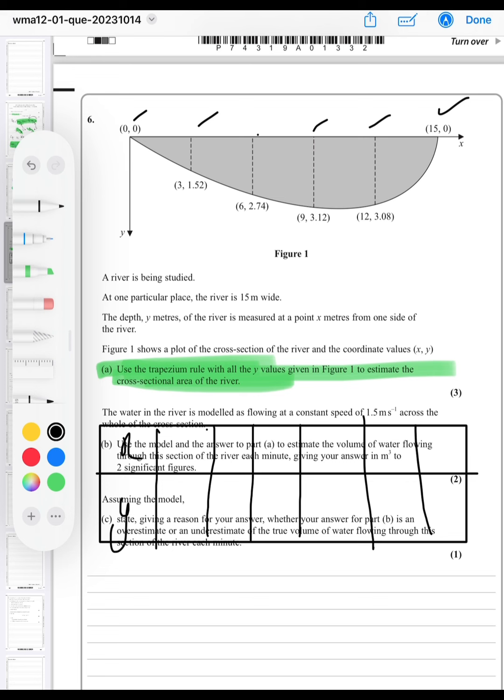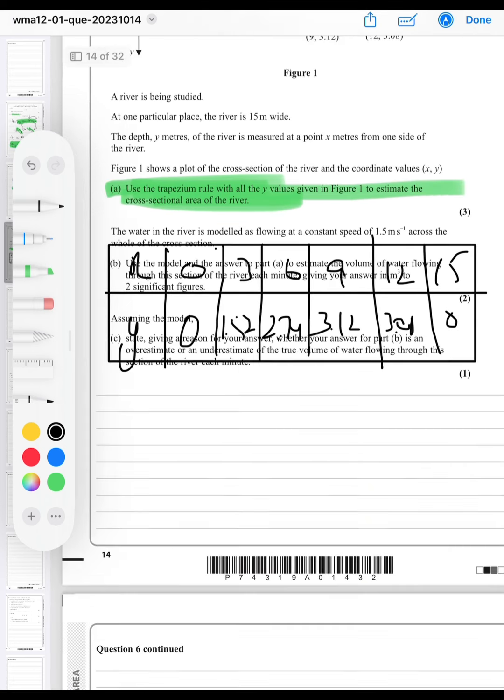For the y-axis, it starts from 0, then 1.52, then 2.74, then 3.12, and 3.08, and then we have 0 here. And the x-axis is 0, 3, 6, 9, 12 and 15. So the formula